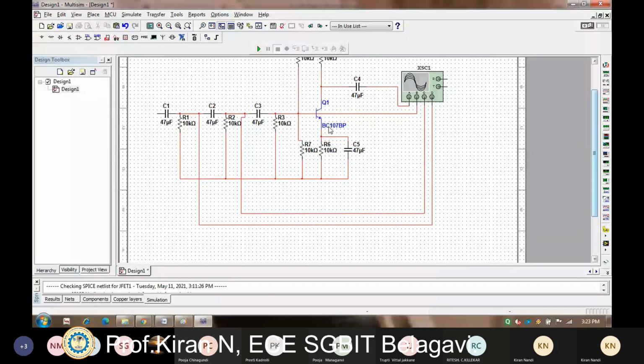So you can notice I have connected here. Yes. So now this circuit is complete here.